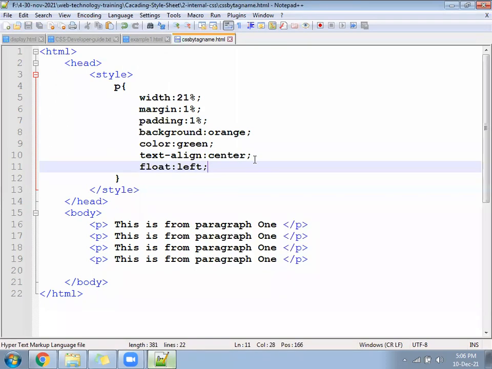Now it will fit properly one after other in the same line. I hope it's fitting now in the same line.